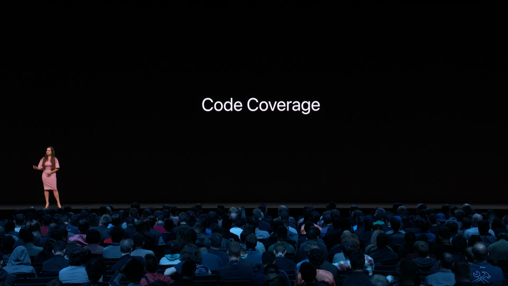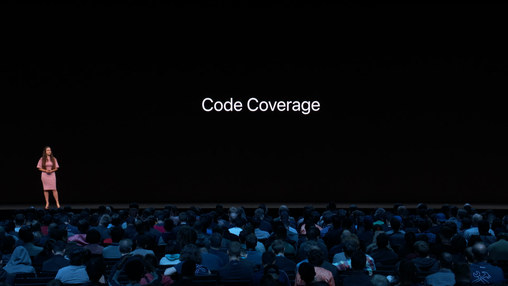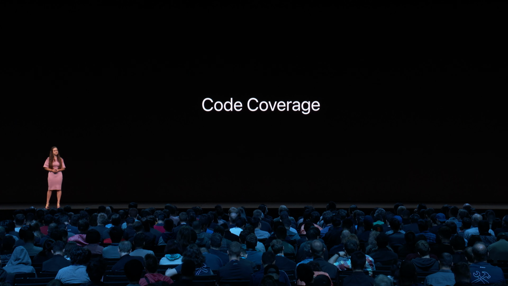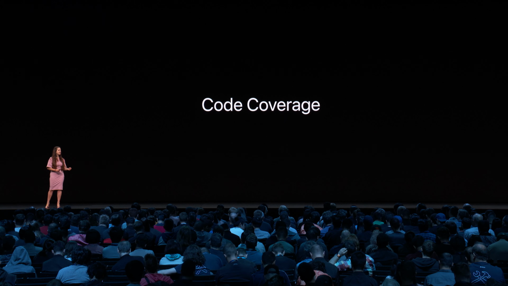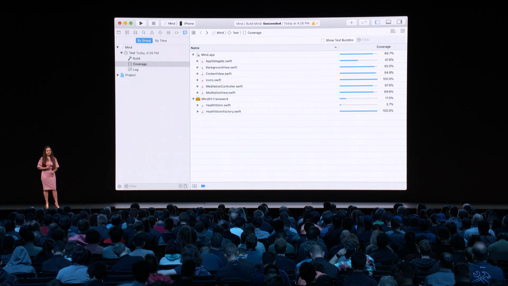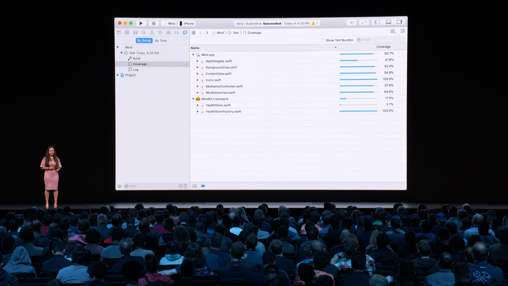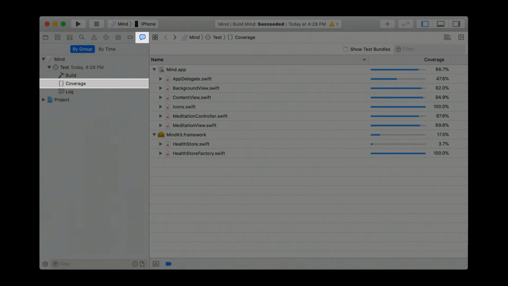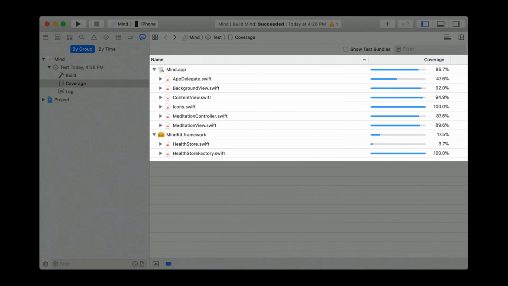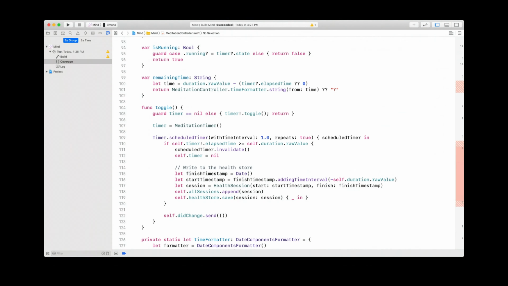Code coverage is a feature in Xcode and XCTest that will measure and visualize the number of times each line of your source code was executed during your test run. After enabling the feature and running your tests, you can go to the Report Navigator and select the coverage data for your test run. There, you'll see a list of each of your test targets and classes, along with a percentage that shows how much of your source code in that section was actually executed. You can select each test class to switch directly to the file.